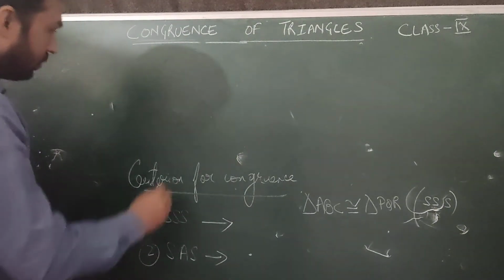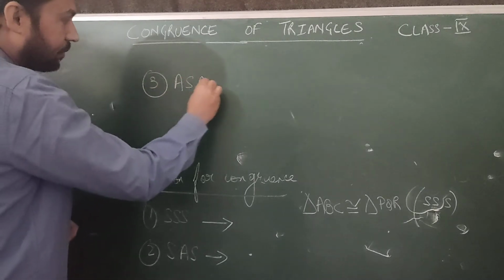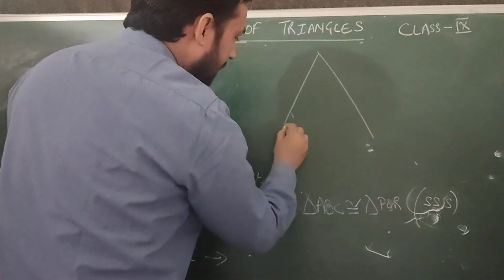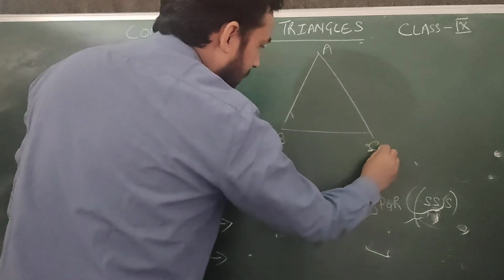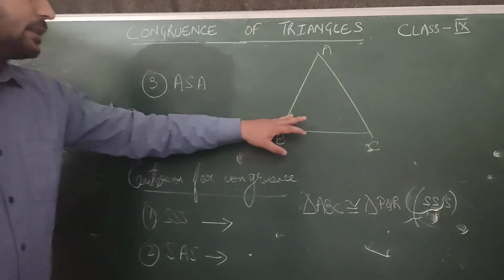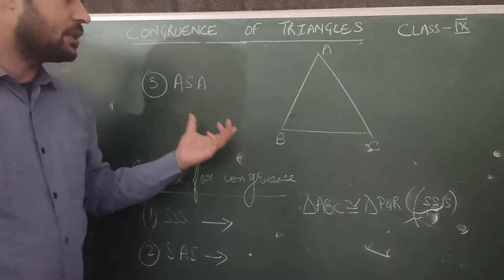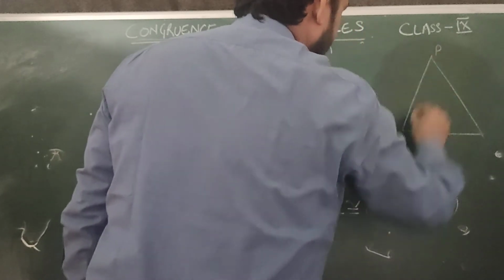Then there is one more, which is angle side angle. That means again in two triangles. So all the information will be provided in the question, because I've come across class 9 students saying that they are facing problems with this congruence of triangles. So we need to observe these questions here. We need to see what information they have provided in the question.